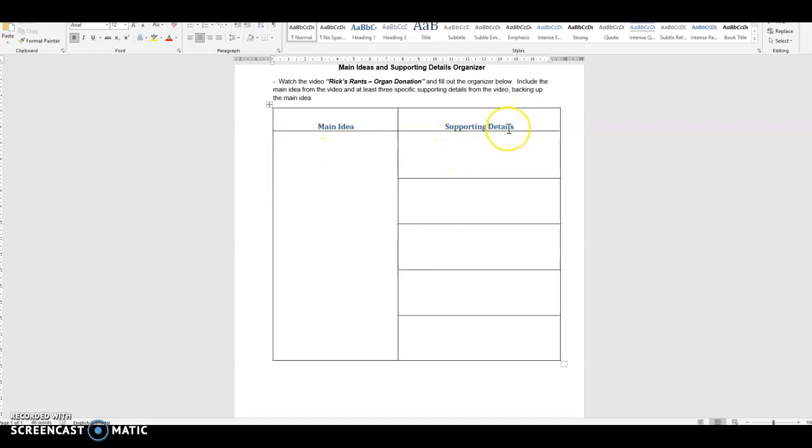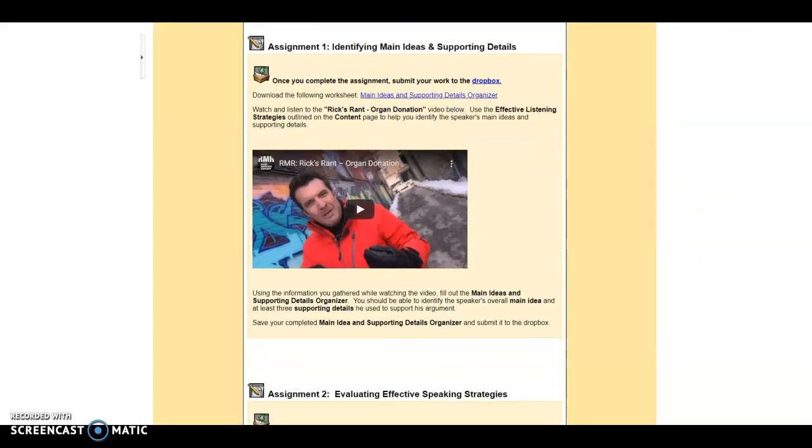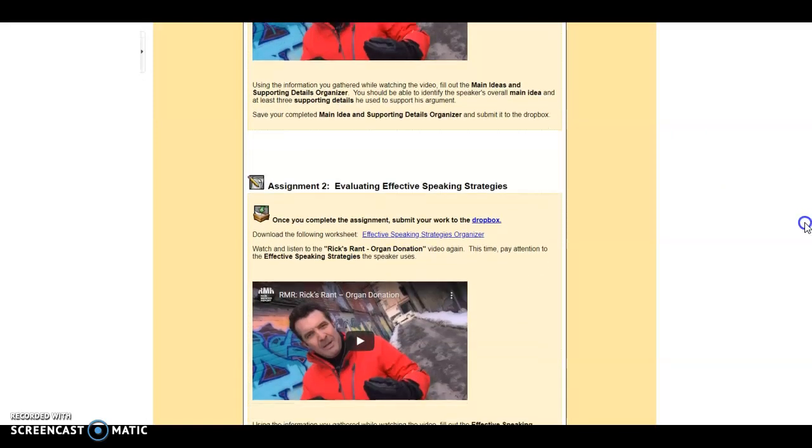So when we say supporting details, you're trying to grab specific sentences or bits of information that are provided in the Rick's Rant's Organ Donation video that support whatever it is the main idea. So again, you should fill in at least 3, maybe even 4 of these boxes with supporting details. All right. Once you're done with that assignment, you can move on to assignment number 2, which is going to